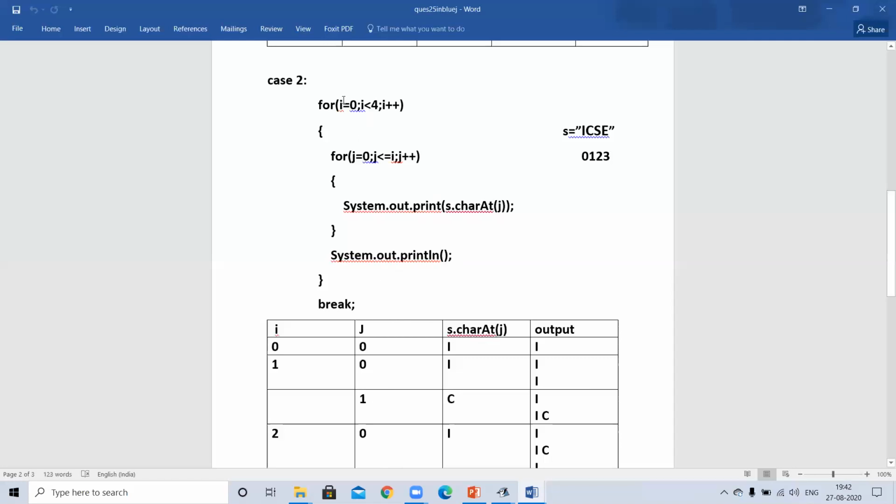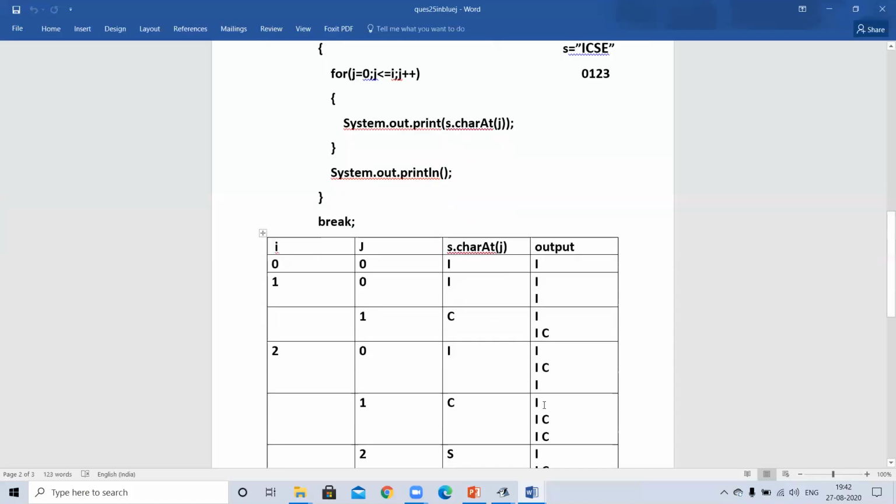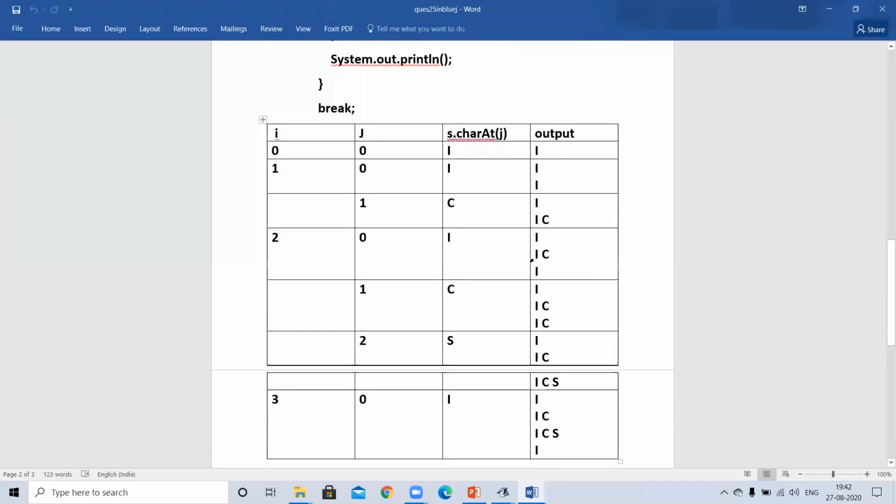Now for the third iteration of the outer loop, I becomes 2. J will start from 0. Again S dot charAt J means charAt 0. It will print I. This I is for the first iteration of the outer loop, this is from the second iteration, then this is from the third iteration of the outer loop.